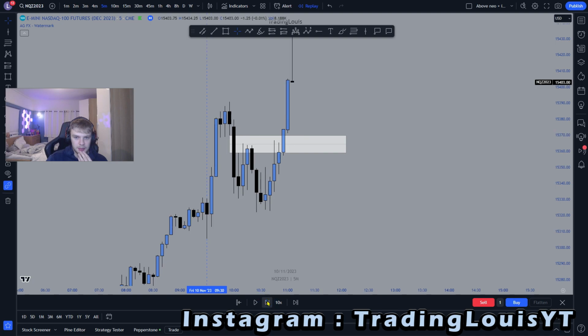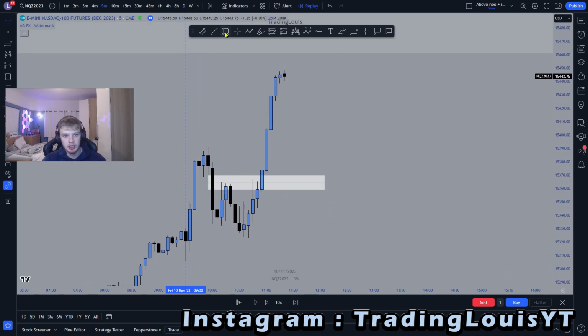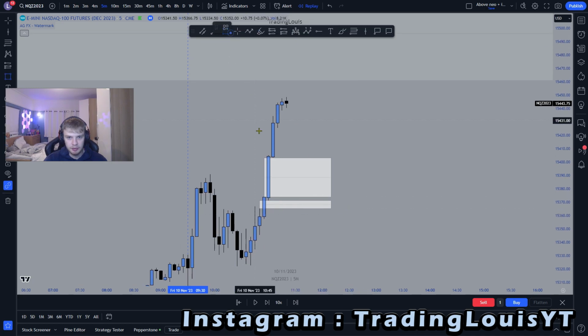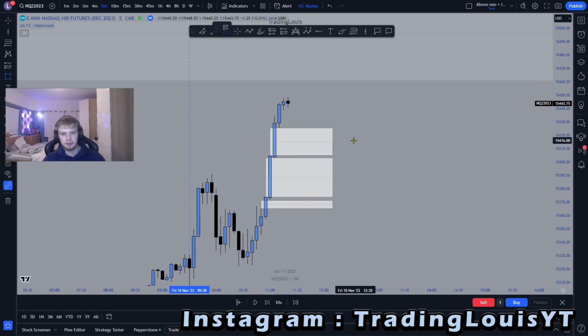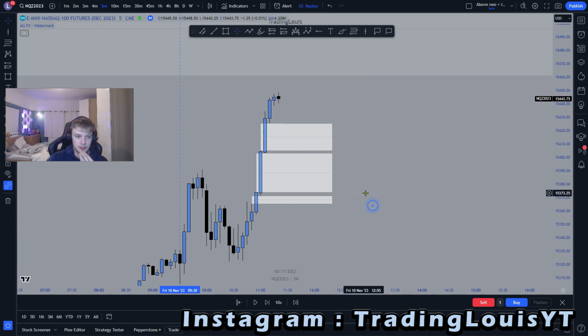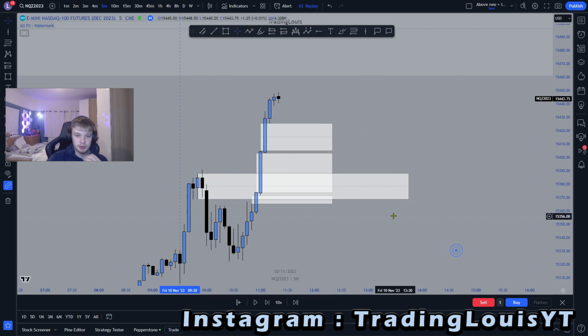So we then play the price action, and here, as you can see, we have many fair value gaps. We have a fair value gap here, we have a fair value gap here, we have a fair value gap here. So in this situation, you might be wondering, okay, if price was to retrace, what fair value gap would you take? Now this is a bit different because, as you can see right here, I have not taught this yet,